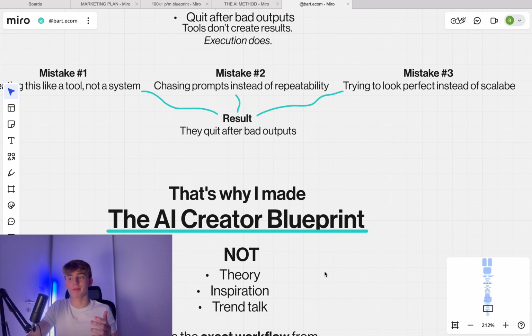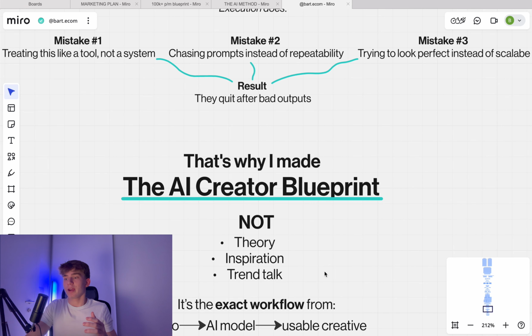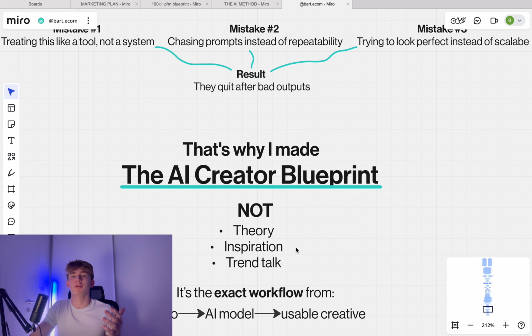And that's why I made the Creator Blueprint. In the Creator Blueprint, it's not just theory, me saying oh yeah, this could be possible, maybe if. We have proven results. I don't just inspire you with motivation speeches, and I don't just talk trends. Yes, AI is going to be a trend. We're still really early, especially with these videos. ChatGPT launched about 3-4 years ago, and it was pretty big then, but now it really started with images and videos. They're getting more and more complex, so they can actually be usable, because before they weren't really usable and you couldn't get views.